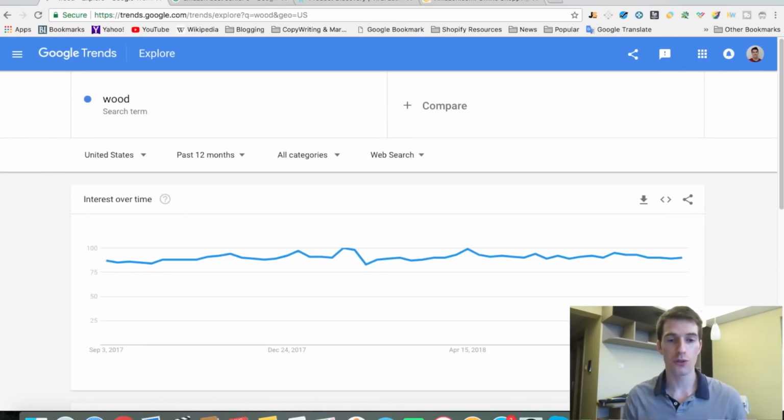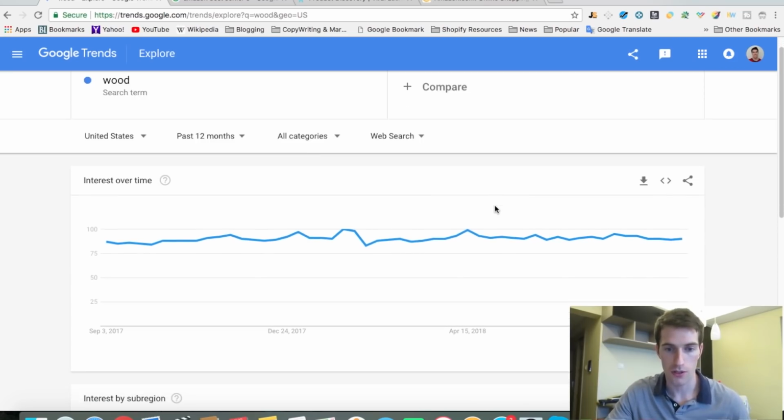Okay, so if you don't know, Google Trends is a super powerful tool. It shows you basically what people are searching for over a period of time on the largest search engine in the world, which is Google. So we have the search term for wood over the past 12 months. This just shows you, looks like the searches for wood are pretty steady across the entire year over the last 12 months. But that doesn't really help us too much, so what we're gonna do is scroll down